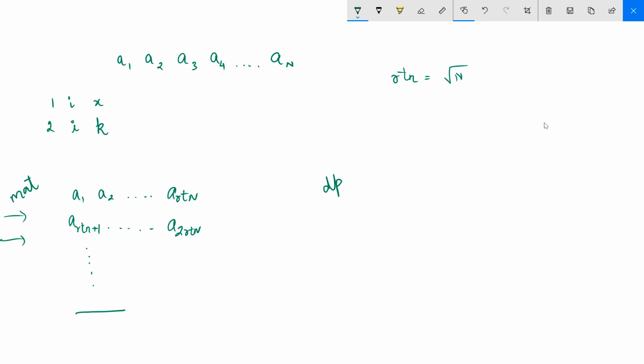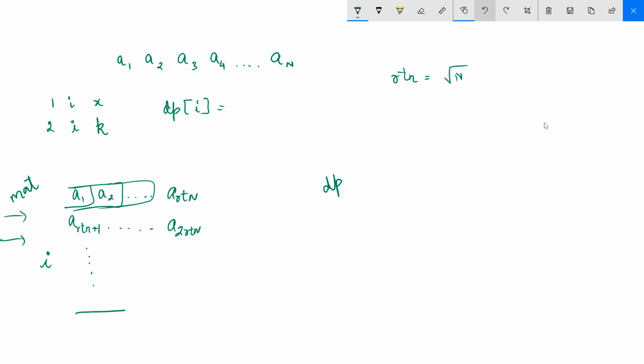Okay. So let's consider the ith bucket. It has root n numbers starting from, you can easily find that out. And what's going to happen is in dp, we are going to build a store for every bucket. We are going to store the prefix XOR values. Like you have prefix sum, right? Where for a given array, dp i is giving the sum of the first i numbers. Similarly, dp i can be used to give the XOR value of the first i elements.